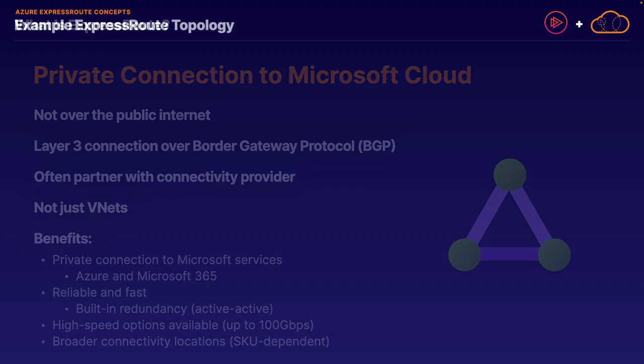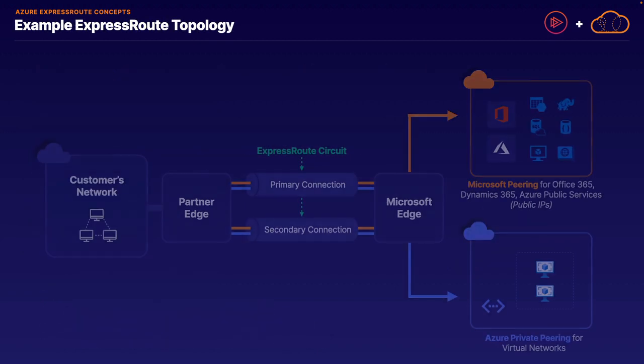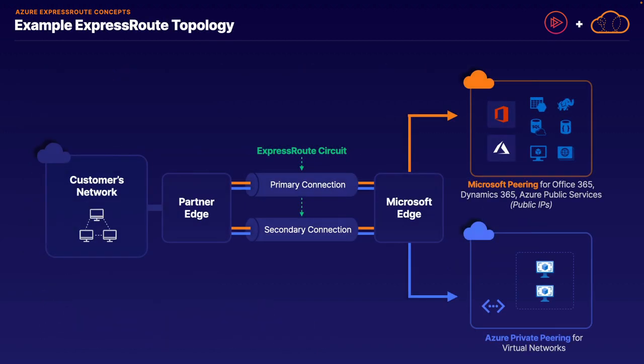Next, let's talk about an example ExpressRoute topology and break down the main components that we are working with. In your typical ExpressRoute model, you have your own on-premises network, whether it is in a data center or a co-location facility, that works with a partner provider that facilitates a connection directly into Microsoft's Edge, which goes directly into Microsoft's private global backbone. Let's take a look at some of the key components here we're going to expand in